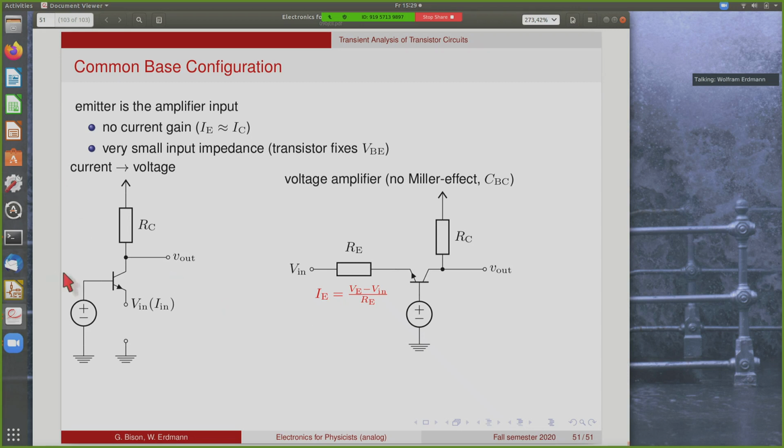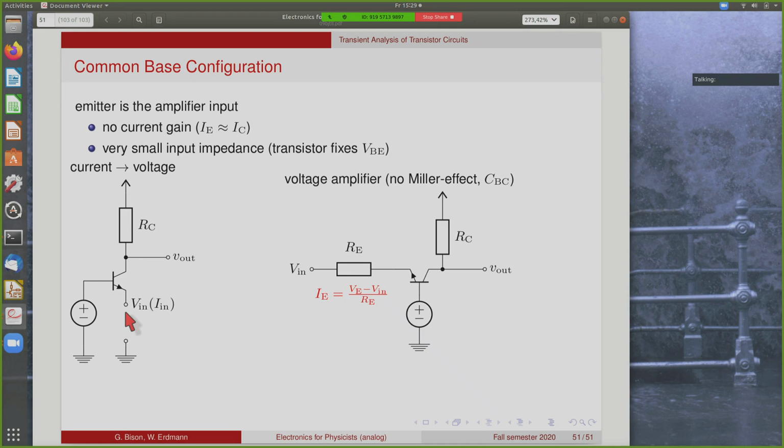So you attach the base to a constant potential, and then you consider the emitter your input. In this way, you could view the emitter as a current input for your amplifier, and then the collector current is basically the same as the emitter current, but you have a very, very small input impedance. So this transistor fixes basically this voltage, and then you can send in currents with a very small impedance,